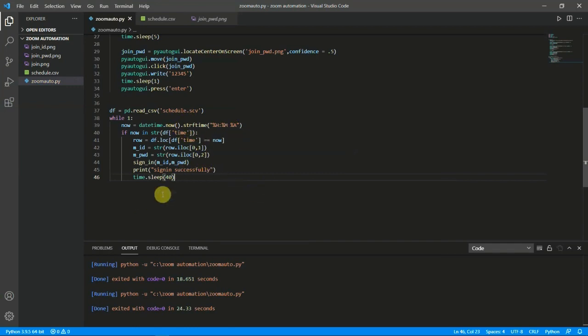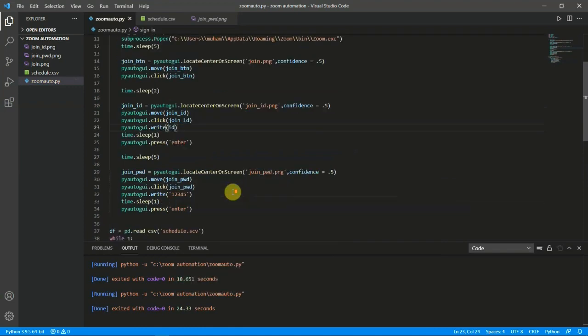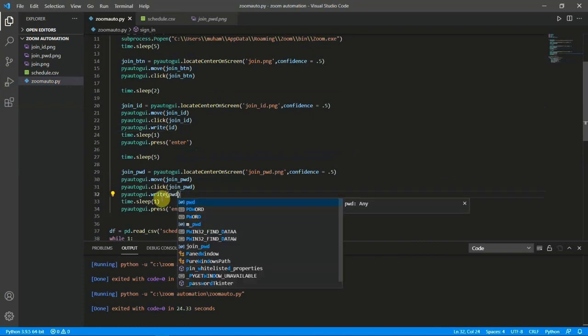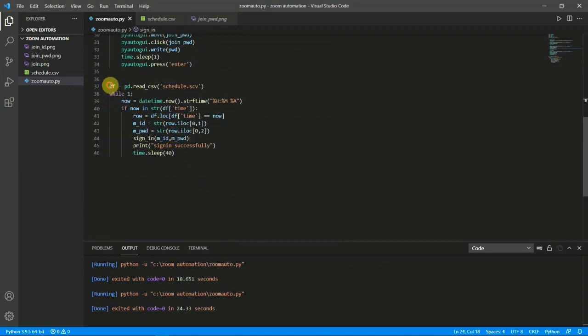So in this, we will need to take the ID and password here. We will just give ID and we will give here pwd, password. Okay, so here we have taken all the data into this df variable, and then we have